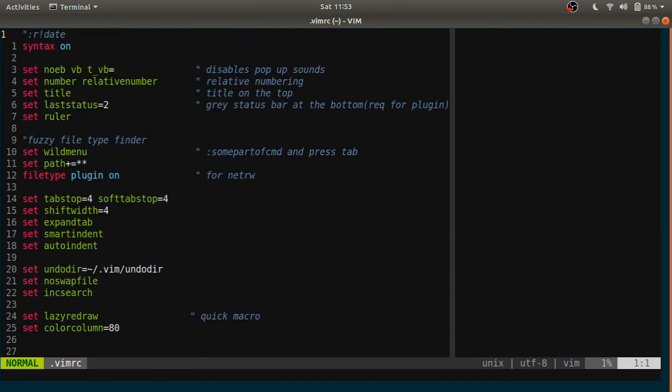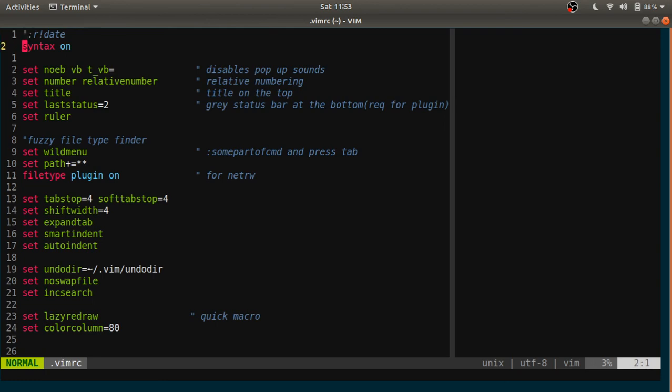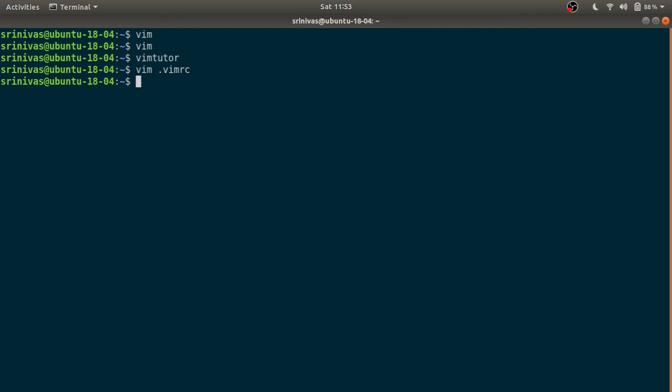In case you guys don't know what VimRC is, I'll just comment it, and I'll just do another video on VimRC. Like, this is one of the useful features in Vim. There is a lot of things you guys can do in VimRC, and that's it.